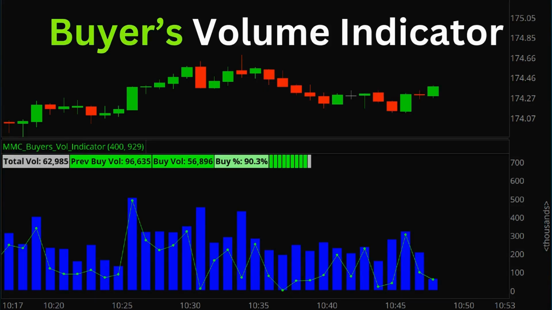By isolating buyer volume and comparing it to previous activity, the buyer's volume indicator gives traders a sharper edge in spotting subtle shifts in momentum. Whether confirming a strong move or detecting hesitation in the price action, it adds a layer of clarity that raw